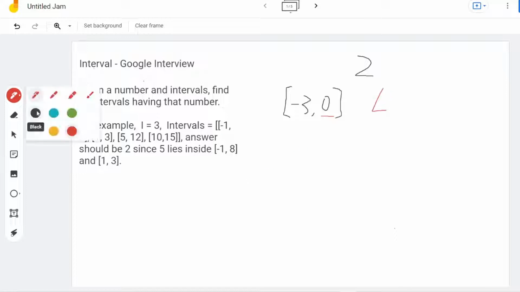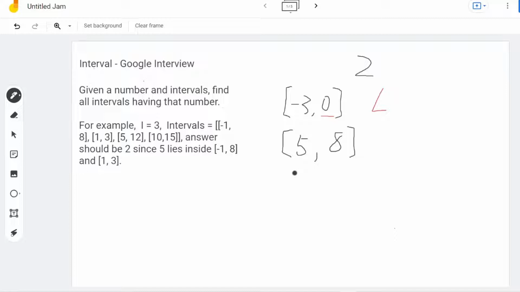How about this interval, 5 and 8? For this interval, the left endpoint of the interval is 5, which is bigger than 2. It means the interval from 5 to 8 is located on the right side of the integer 2. How about this interval? This interval is containing integer 2 because this interval from 1 to 3 is neither on the left nor right side